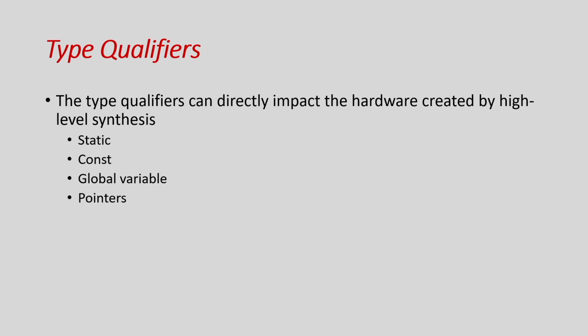In today's class I am going to discuss primarily 2-3 things. One is some common constructs like static, const, global variable and pointers, and how they get reflected in hardware. I am also going to discuss another important topic, dependency. Dependency can cause a lot of problems in loop pipelining. We will discuss with some examples how dependency causes problems, and at the end I will discuss how we can improve the latency by taking care of some minor things in the input C code.